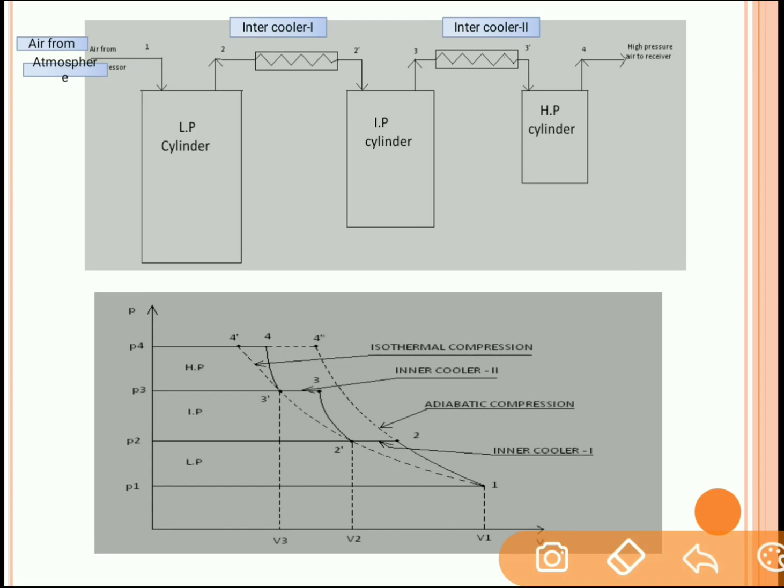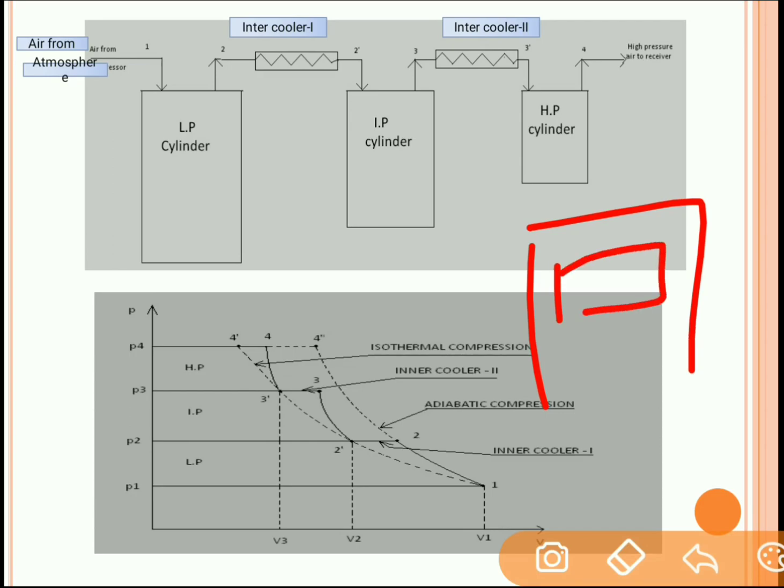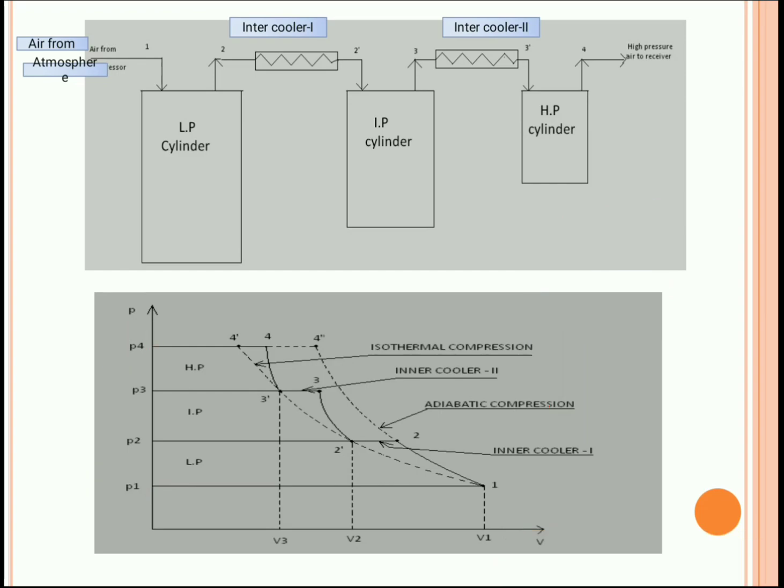Now let's say that instead of 3 different cylinders, we keep only one single cylinder, one single reciprocating compressor. Then pressure has to be increased from P1 to P4. Fine. So if pressure is to be increased from P1 to P4 in a single stage, then it could follow the process path from 1 dash to 1 to 4 double dash. So 1 to 4 double dash, if you see over here, this is the curve from 1 to 4 double dash. This curve is for the adiabatic compression. So this is the adiabatic compression for a single stage reciprocating compressor.